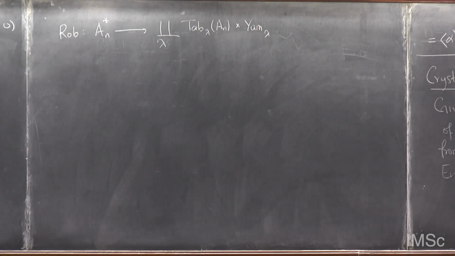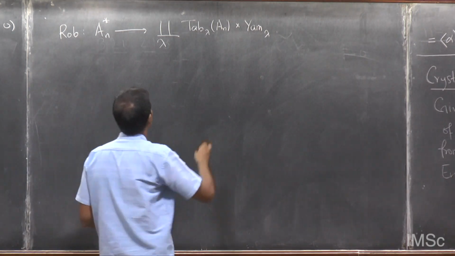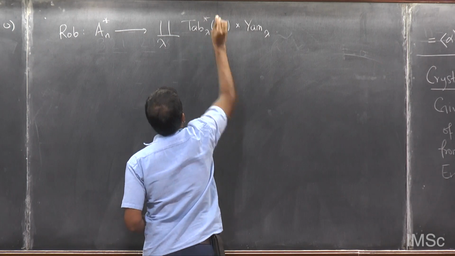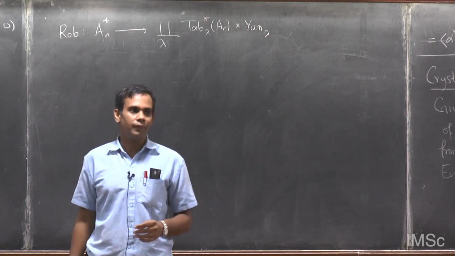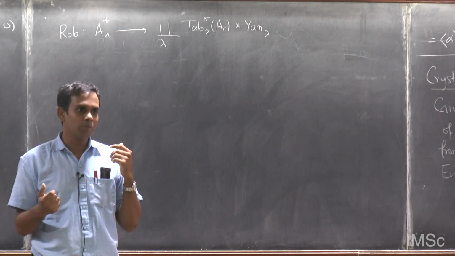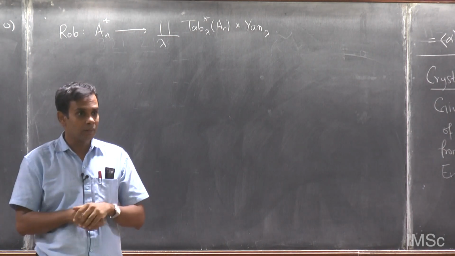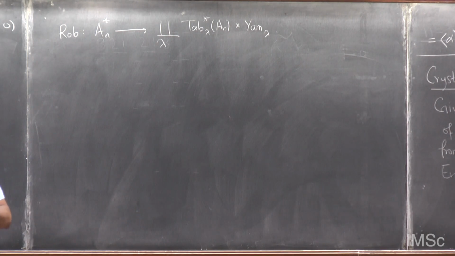This was the Robinson-Schensted star correspondence, RS star. We applied that and we got a dual tableau, and we also got a Yamanouchi word. How did we get the Yamanouchi word? We got a standard tableau, and from that standard tableau we had an algorithm to convert a standard tableau into